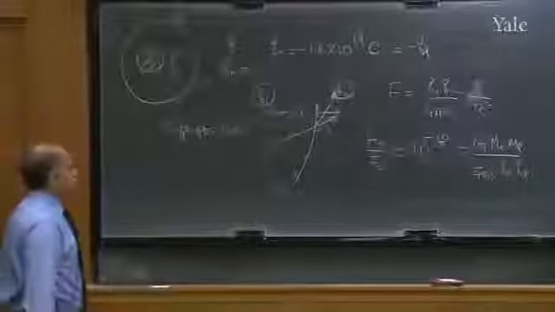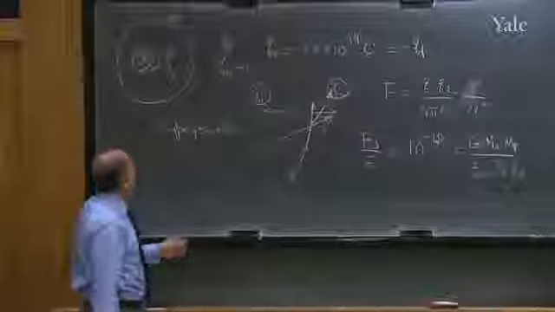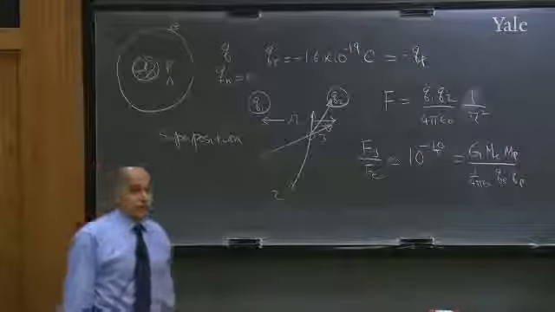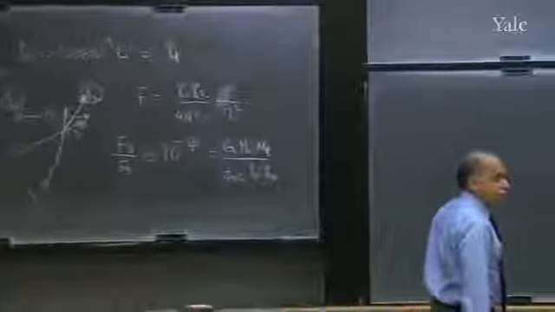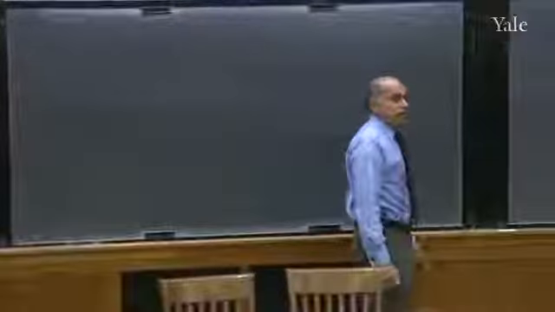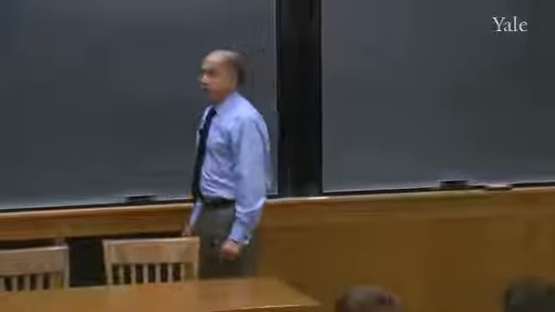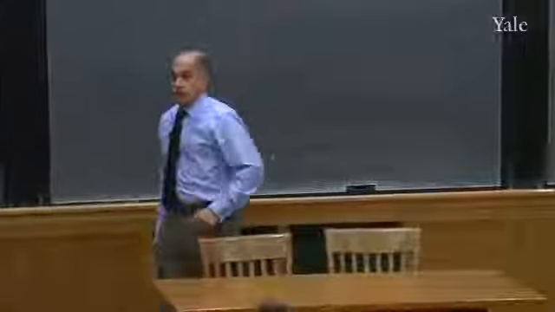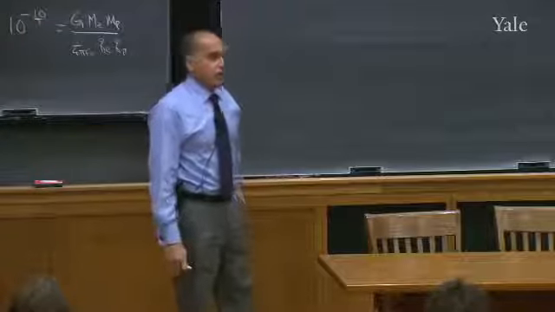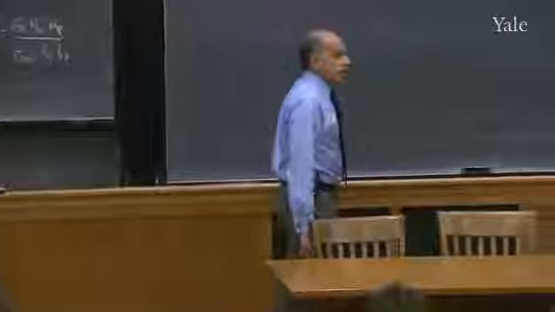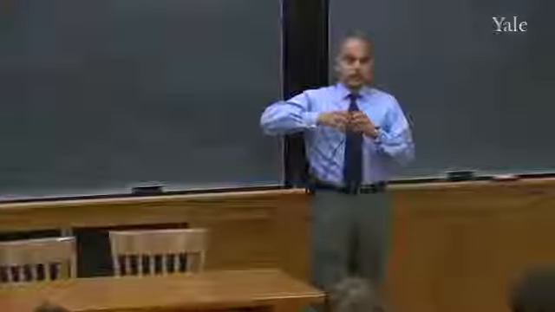I want to mention one thing. It may be interesting for you to think about. Look at this nucleus. Nucleus has a lot of protons in it. And according to Coulomb's law, they all repel each other. And the neutrons, of course, don't do anything because they have no electric charge. So you should ask yourself, why are all these protons staying together inside the nucleus if I don't see any attraction between them? I see why the electrons are hanging around, because they're attracted to the nucleus, because the nucleus